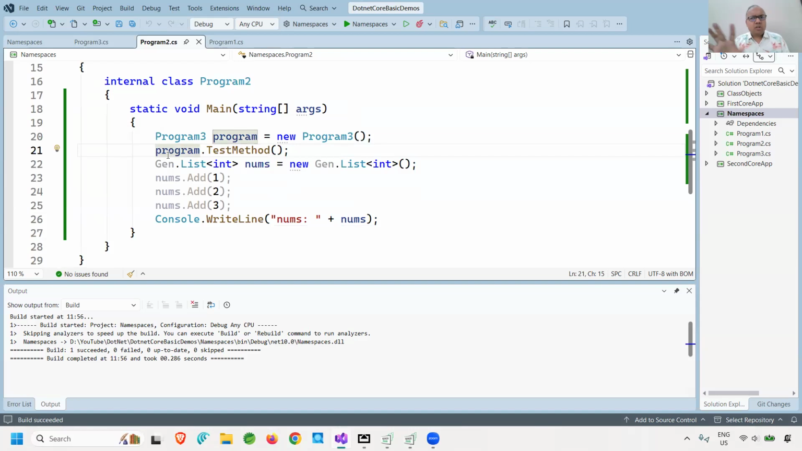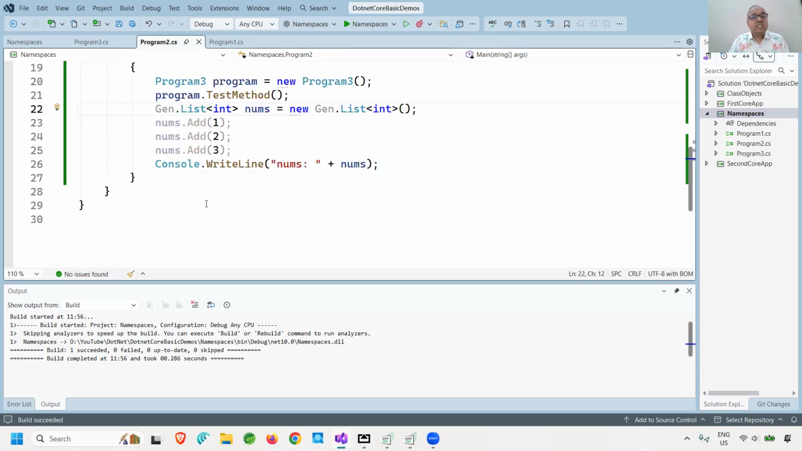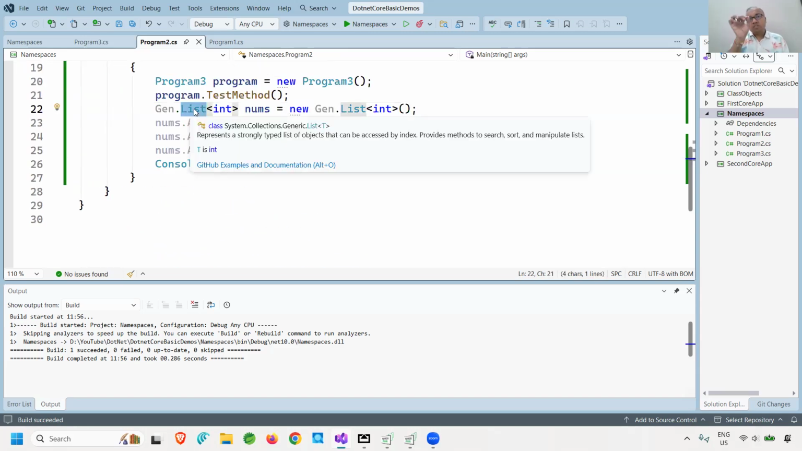We are not really trying to learn the list concept over here. Here, I want to tell you that instead of writing the full name System.Collections.Generic.List, such a big name,